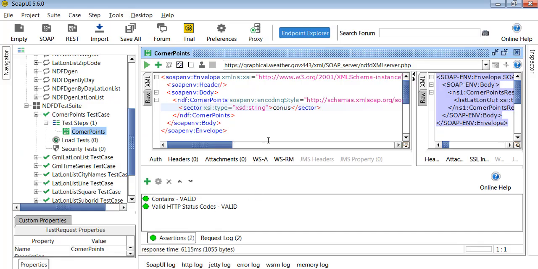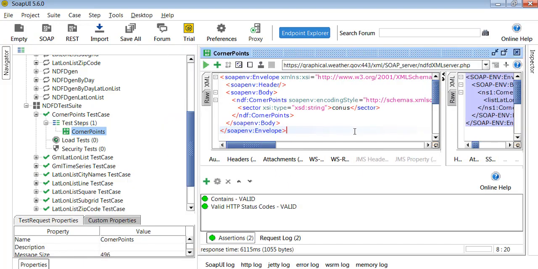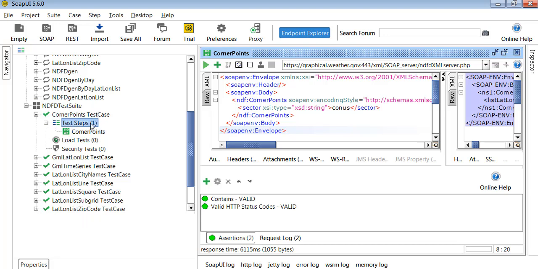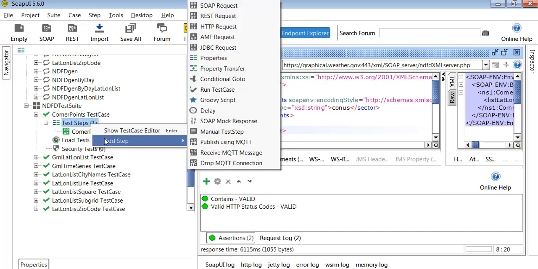Let's get into the logic now. We maintain the data in an Excel file. Now we're going to write the Groovy scripting for this test case. So how are we going to write Groovy scripting for this test case? First and foremost, select the test steps, right click on the test steps, select add step, and select Groovy script to write the Groovy script.